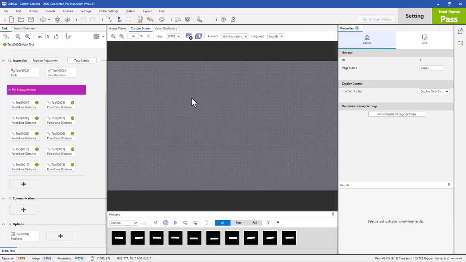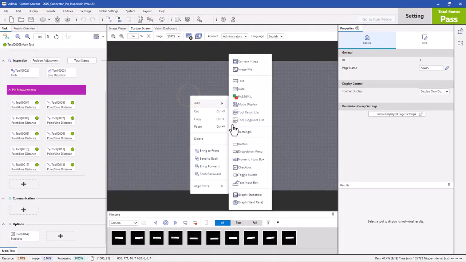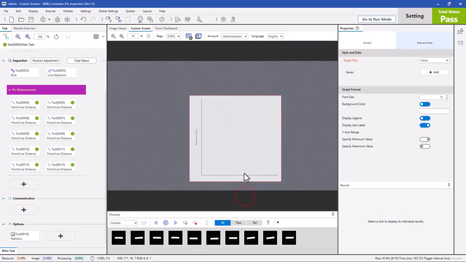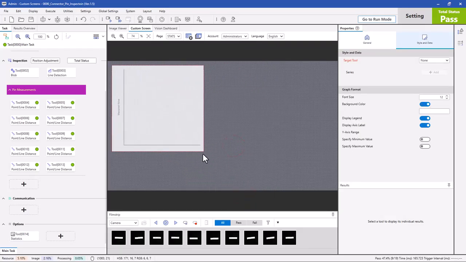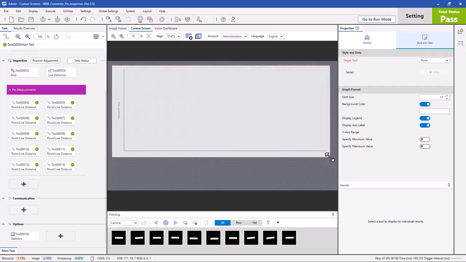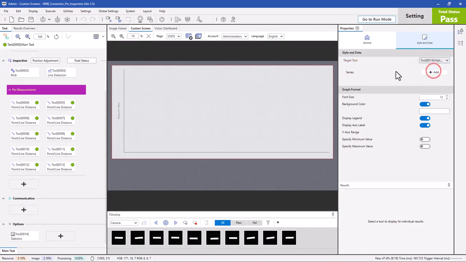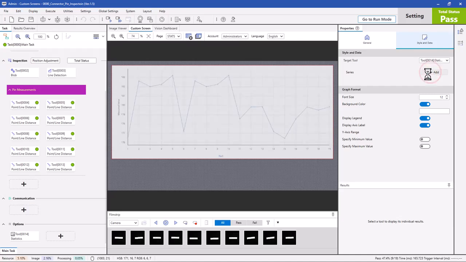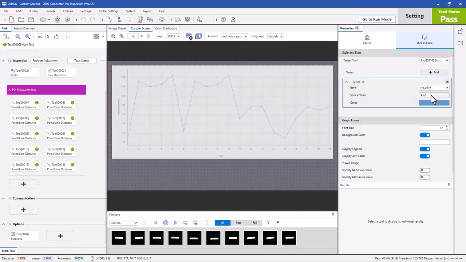And so it's a clean slate here, a new page, and I'll add this statistical graph to this screen. You can make it bigger. Again, you do need to link this to a statistics tool, which I do have already. So that's the thing you link it to. So here, target tool, you link it to the statistics tool that you want to display, and then you add the series. So if I click in here, you can see I've added the